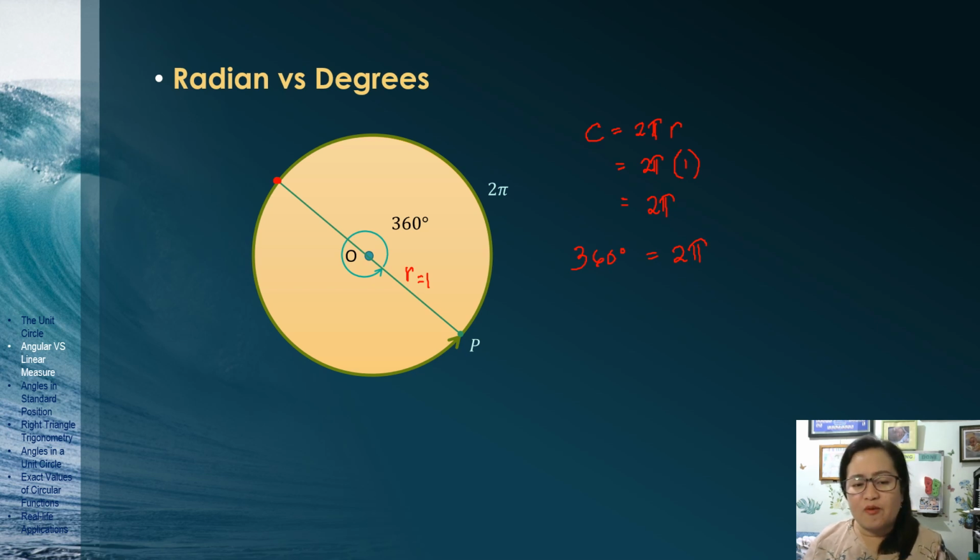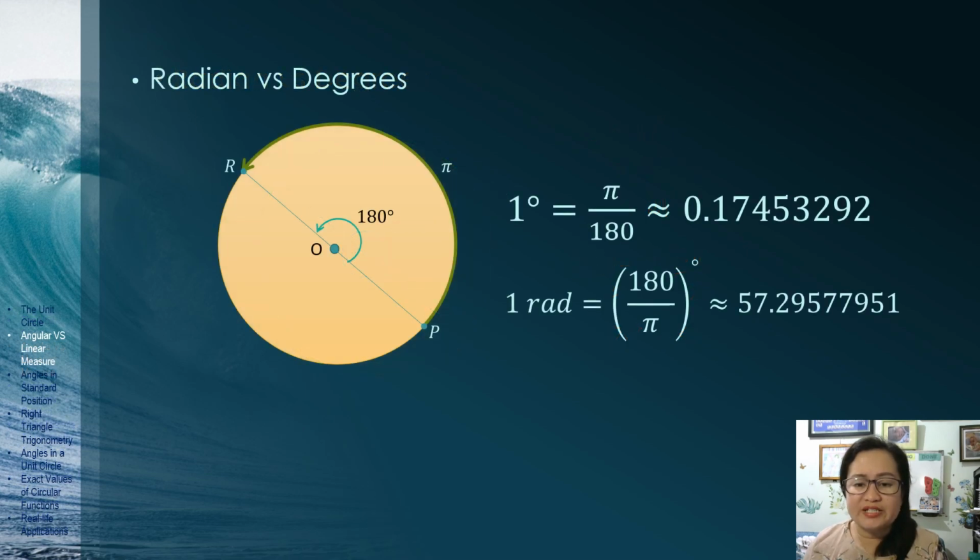This forms now a straight angle which is 1/2 of 360 degrees. And take note that the intercepted arc is a semicircle, which is 1/2 of 2 pi. Dividing both sides by 2, then we would be able to get pi equal to 180 degrees. So therefore, if you will be asked to compare the relationship of degree to radian, we would be able to arrive at